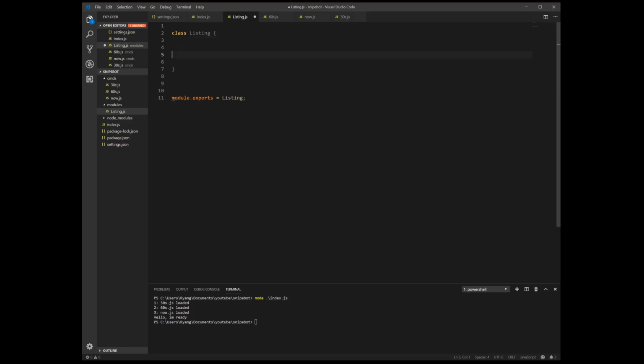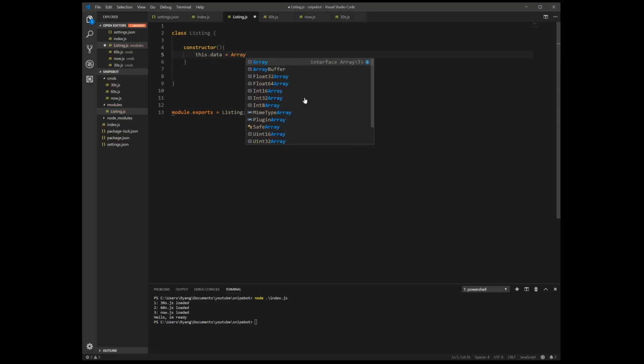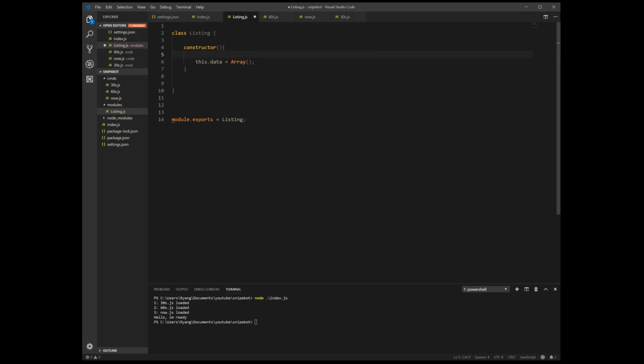Alright, perfect. So when you write objects, you need to write a constructor and then you write methods for it. So for this listing object, the constructor is going to be empty. So it has no parameters, but it automatically will create 2 arrays, 2 empty arrays for that matter. So one's going to be the data, so this.data equals an array. This.data is going to be an array of objects. That's going to be another object that we're going to create after this. It's going to be all of our entries.